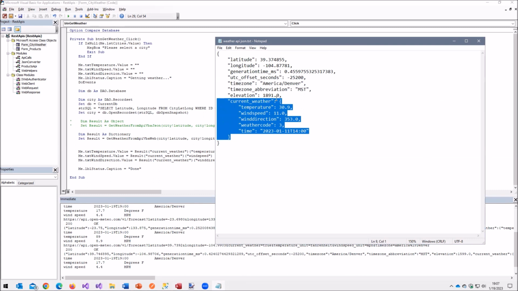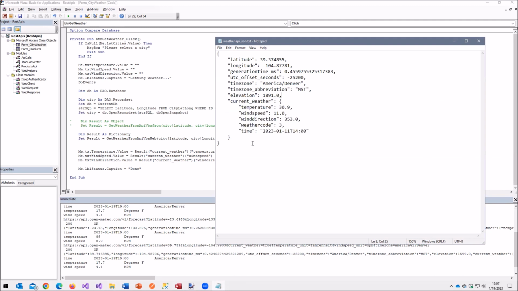So it's like current weather ID, and then it goes off to a current weather table and gets these values. But again, JSON, just like XML, allows you to nest them inline. So if we had more than one location, we'd have a nested current weather for each one. But you can see I access result, which is the top level, and then current weather, which is this.